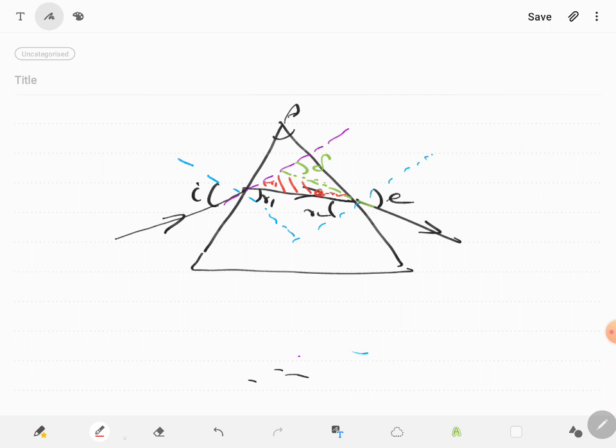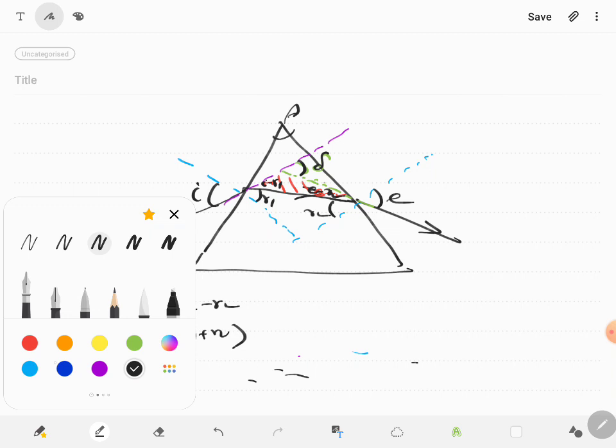So then, you have to locate the triangle, the red color triangle, from which delta is equal to, an exterior angle is equal to the sum of interior opposite angles, I minus R1 plus E minus R2. So delta is equal to I plus E minus (R1 plus R2), considering this red color triangle. You can name it in the exam.